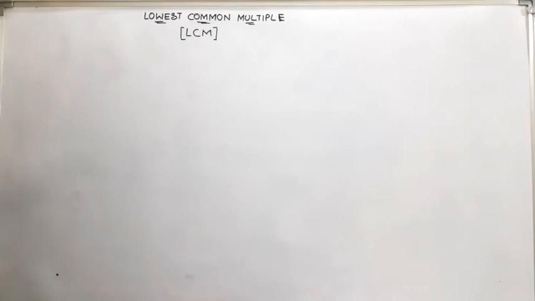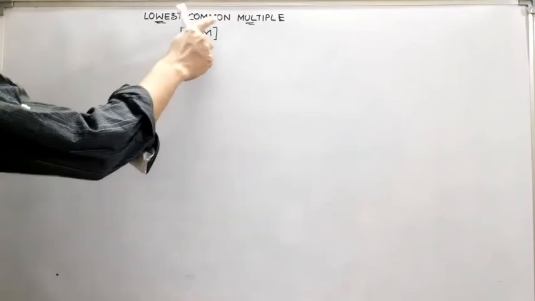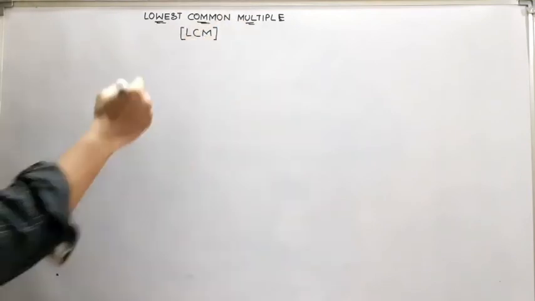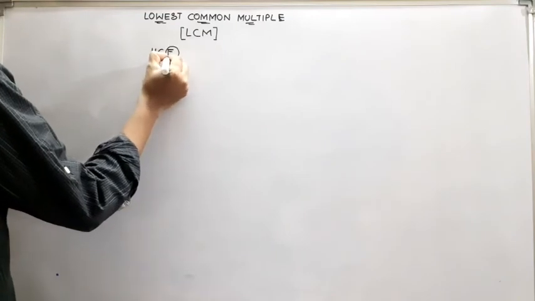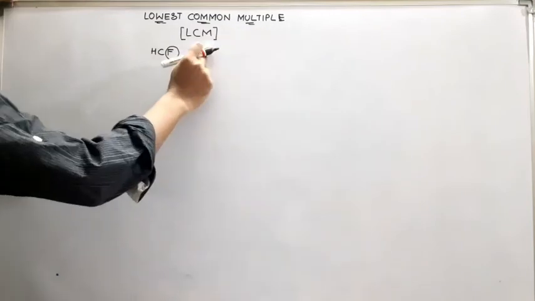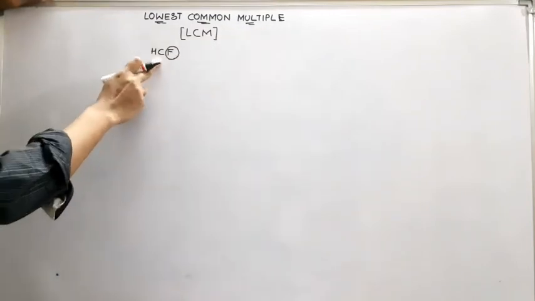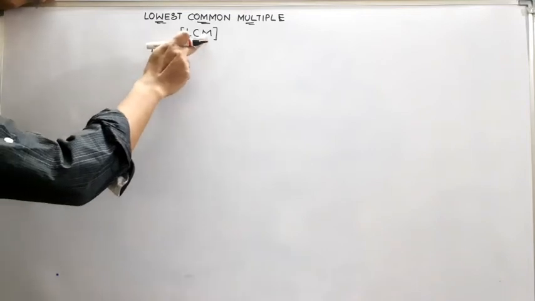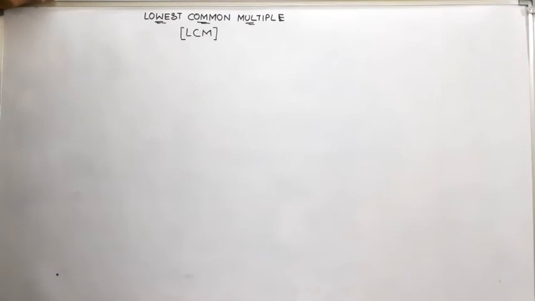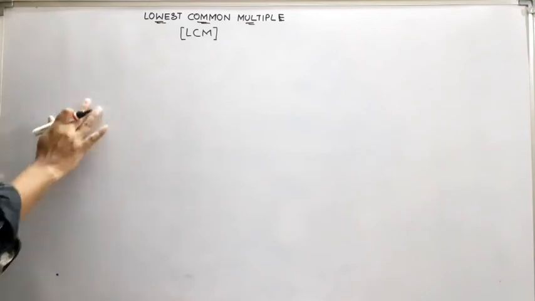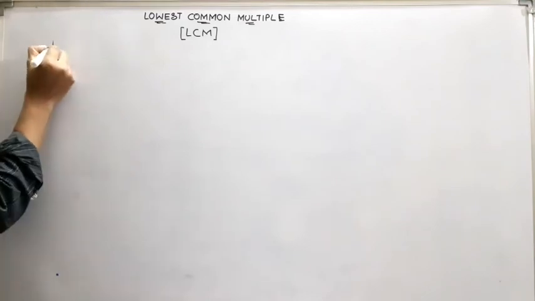So today I am going to start a new concept, that is LCM, lowest common multiple. So far we discussed the concept of HCF, where F is factor and here M is multiple. Highest common factor, now least common multiple. To understand the difference and the way we have to find the LCM, I would like to take an example of numbers, that is 18 and 30.